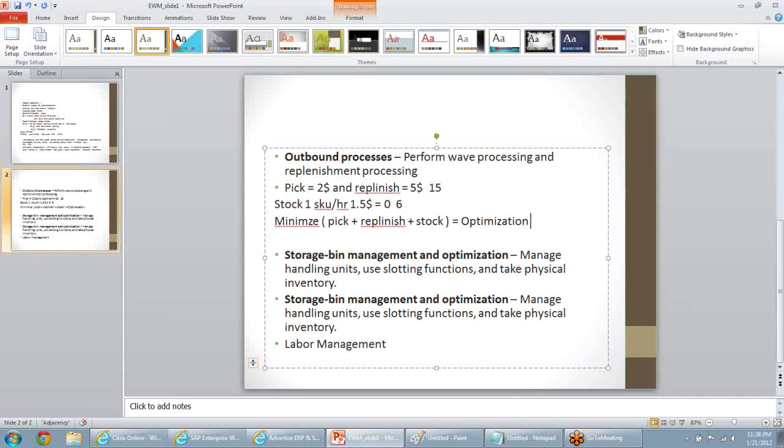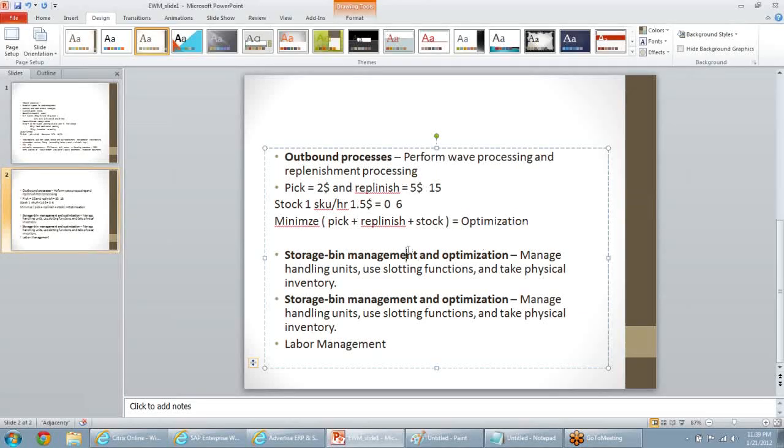So is it clear now? I have to run my warehouse efficiently so that my stock keeping and my warehouse workers work very efficiently. I'm just giving one very simple example. But in a real warehouse, it's not only the picking cost and replenishment cost; some labor will be working in normal time and some in overtime, and the normal time and overtime costs will be different. So everything should work towards the optimization.